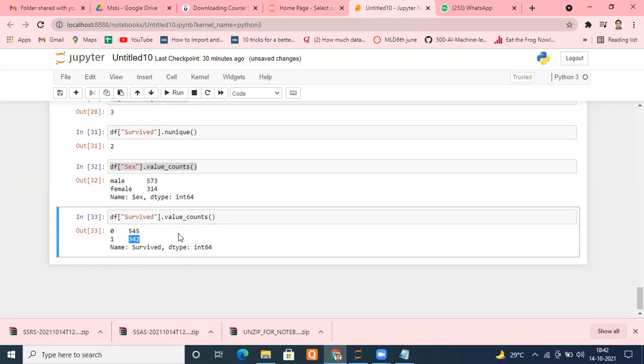Balanced normally means that if we have two categories, here died and survived, both have an equal number of rows in your data set, or somehow similar. Not perfect, maybe one is 550 and the other 450, but almost balanced. We call that kind of data set balanced, which gives your model every chance to build perfectly.